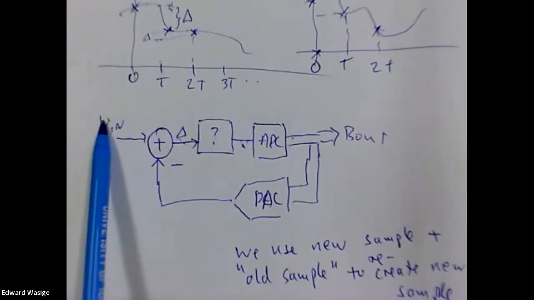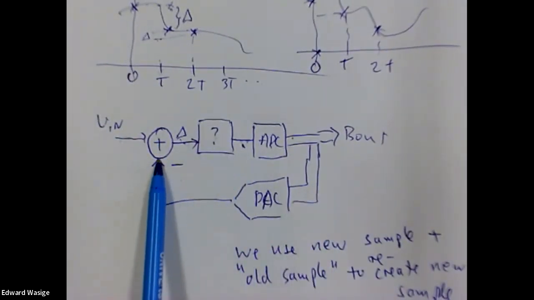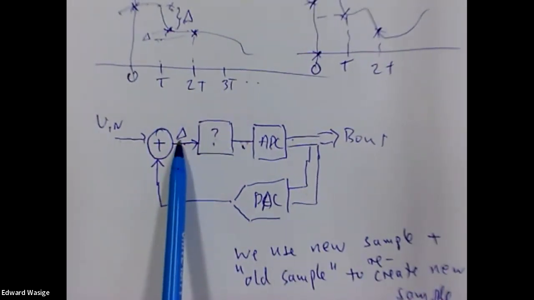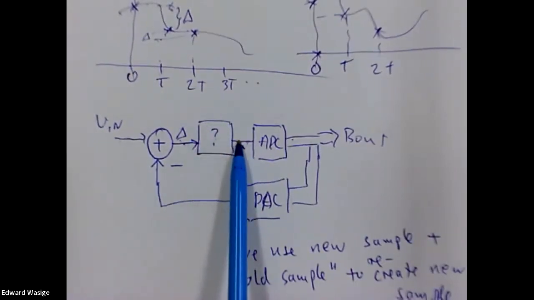So the new sample is what it is, but we create it using the old sample, and we recreate it by getting the difference between the old sample and the new sample, and we recreate the new amplitude there